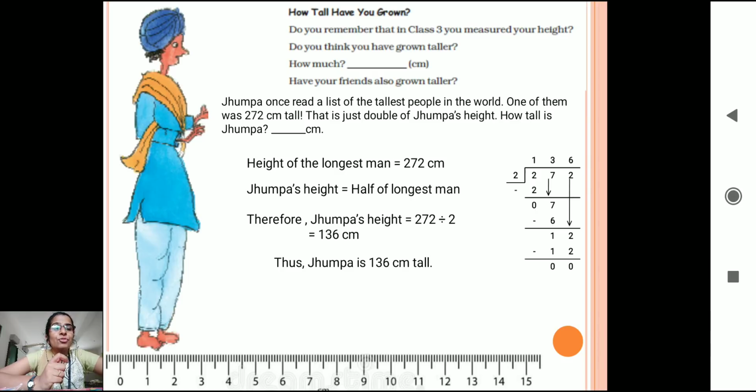Now see this division of 3-digit number by 1-digit number. It is very easy. You can practice at home. And if you have your last year's books or Oxford books also, you can practice in those books also. Because I had told you, even if you are going for a vacation or you have a summer vacation also, you have to keep revising your concepts. We have learned 2-digit by 2-digit also. So first thing, we have to revise this division. And it is very easy. I know everybody will be able to do it.